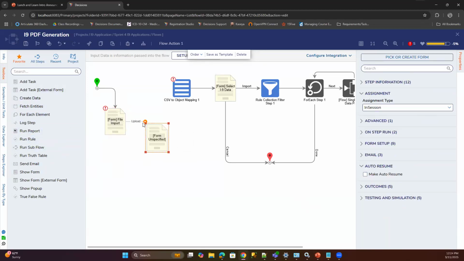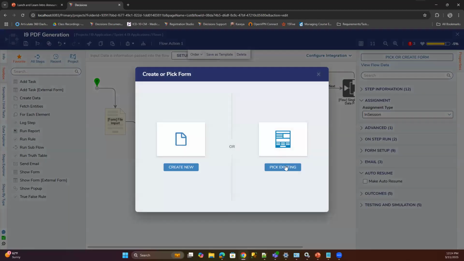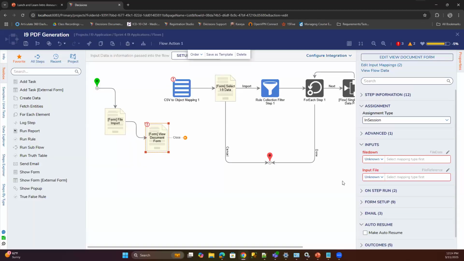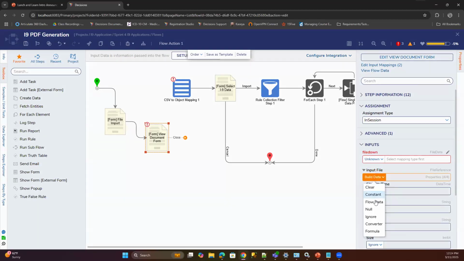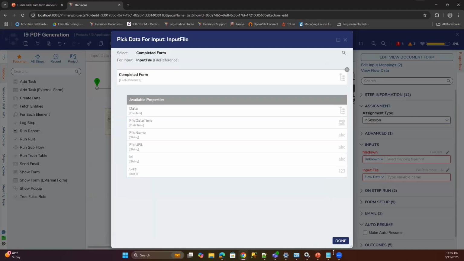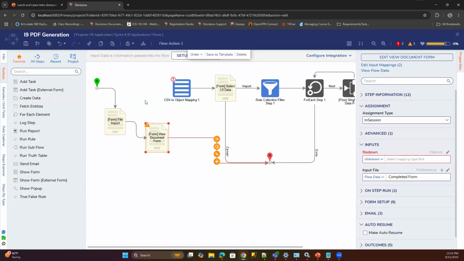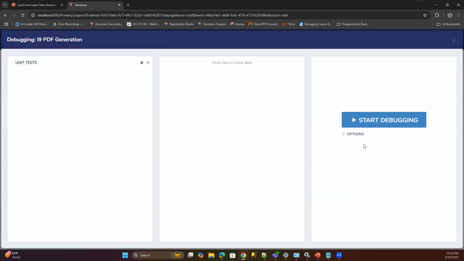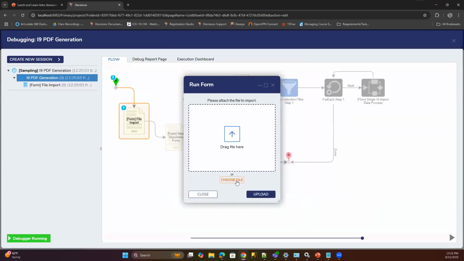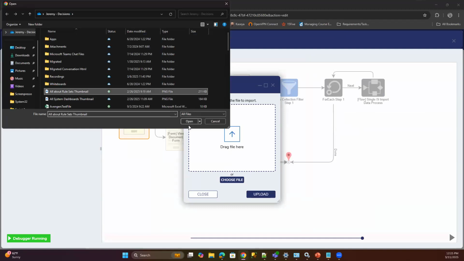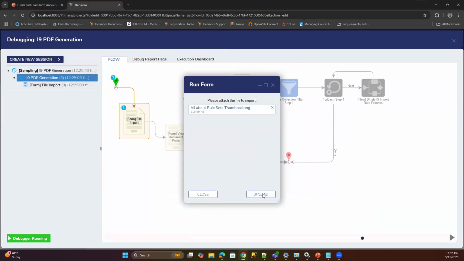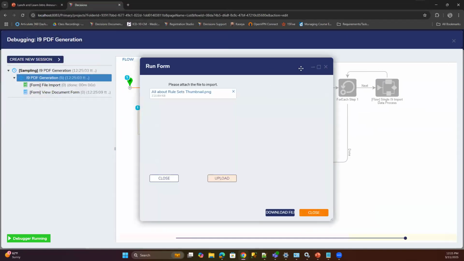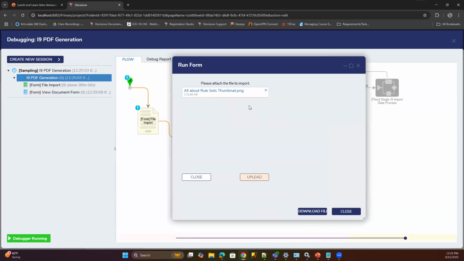So I have a show form here I can grab real quick. If I pass that completed form, which is whatever the output is, into this show form step, this is the form that the user fills out. Obviously, this wouldn't make sense to save, but if I completed this, my show form step here is just going to show a document, and that document is the saved image of that.